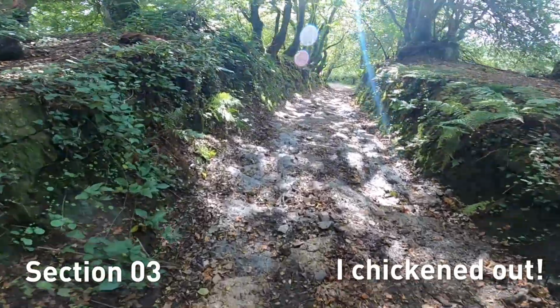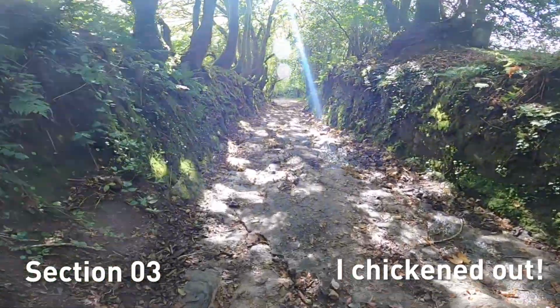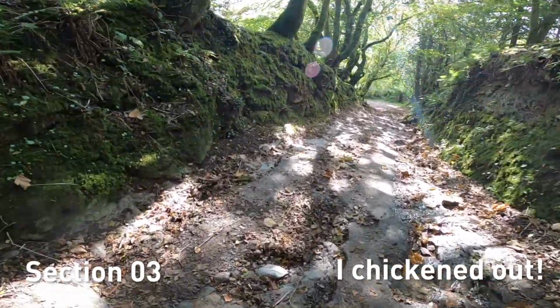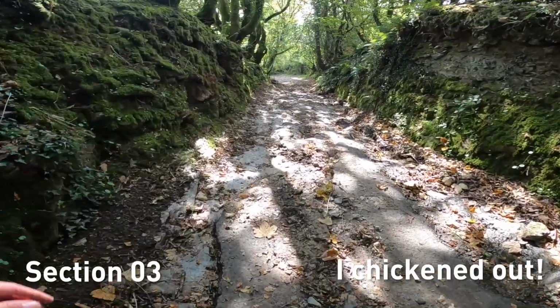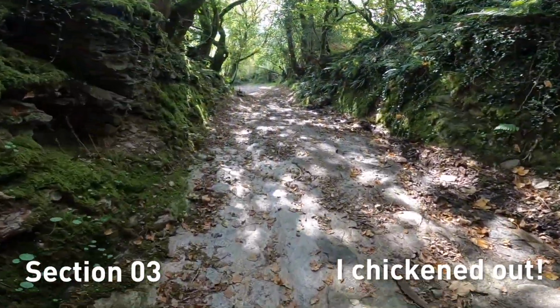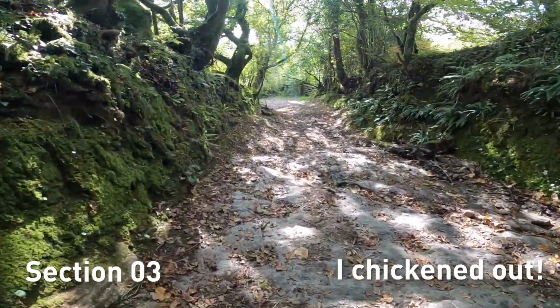As this is my first proper go on the bike, we found a little way around. I will come back to this in the future, and I will definitely do it because I want to do all of the TET in Cornwall, but for this run on my brand new bike I chickened out. Sorry guys. Chances are, I don't think this is as bad as the Pink Panther from looking at that